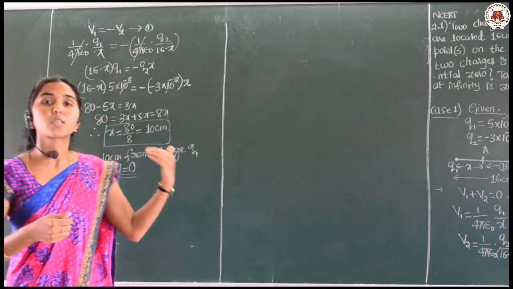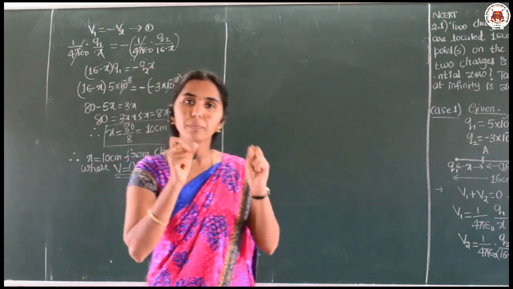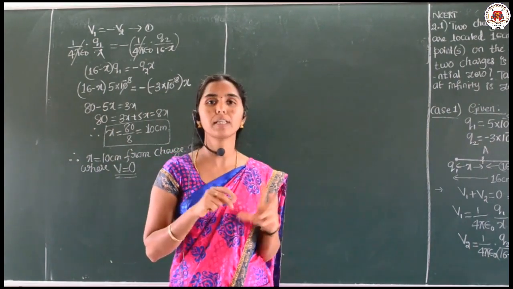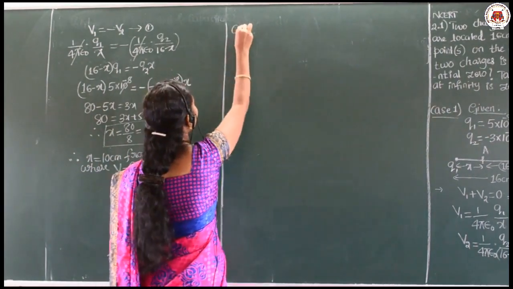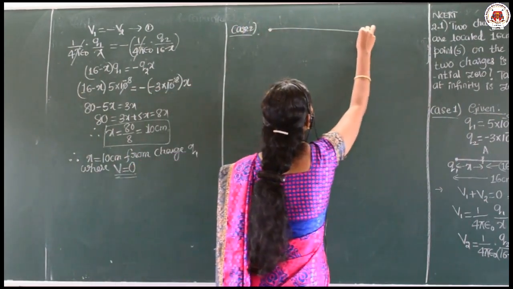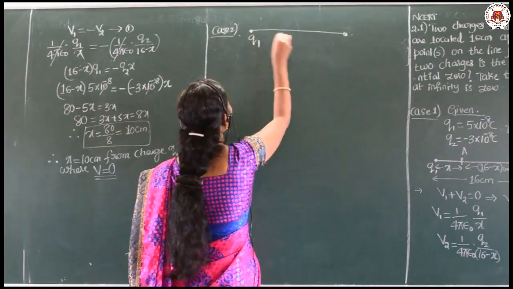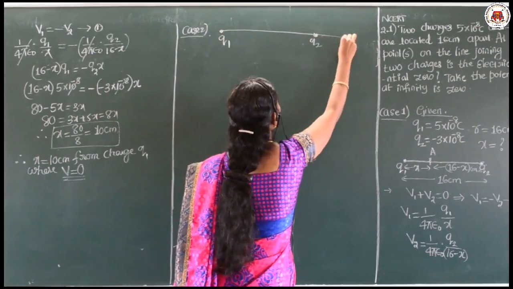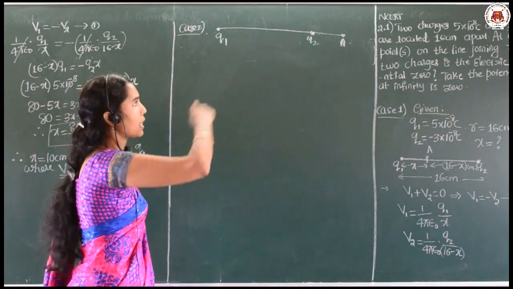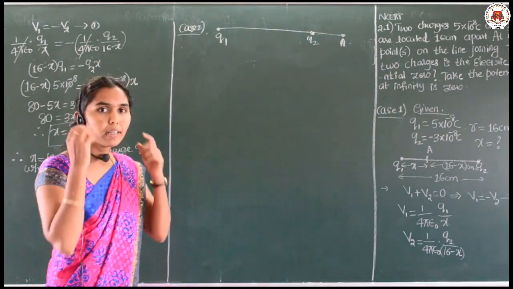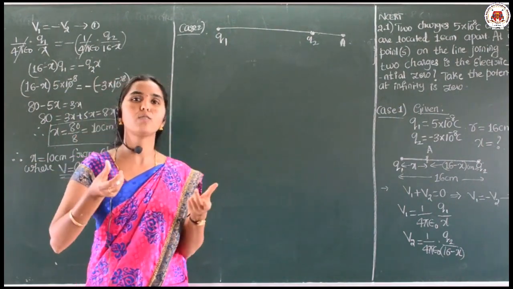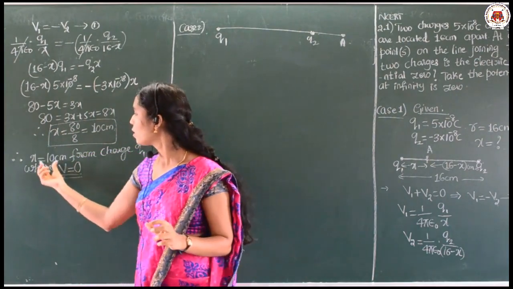Now, case 2, where both charges are separated, but the point is lying away from the charges. Let us solve that case. Case 2: in this I use charges q1 and q2 here, but I take the point A outside, away from the charges, where the potential may be 0. And see dear children, I am not taking exact points here, it is just an assumption, and we are solving that with the particular reading.